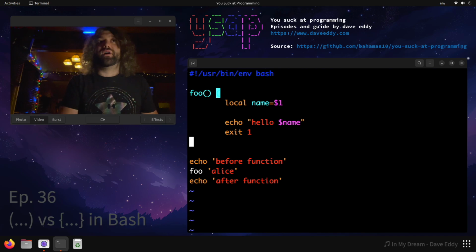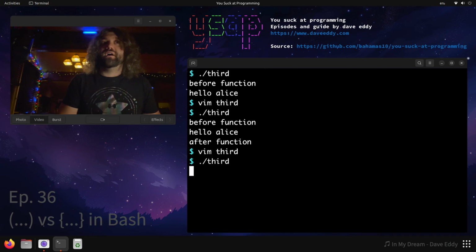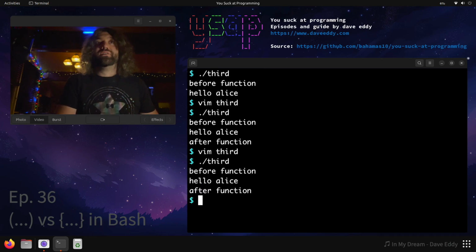That's a reason you might want to run a function in a subshell like this. You can emulate this behavior if you have curly braces here. Say you're using a function that you don't have control over. I can just wrap this in a subshell. I can call that inside a subshell, and that will also stop it from dying. So that is parentheses versus